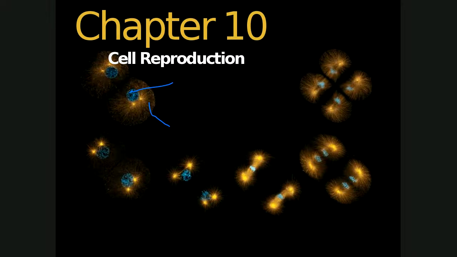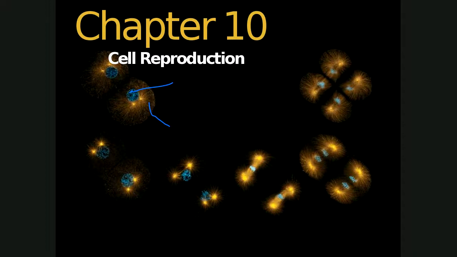Now in chapter 11, that's going to be very different. In chapter 11, we're going to talk about a cell reproduction where we actually end up creating different types of cells, genetically different types of cells. Chapter 11 is going to lead us to understand how gametes are made, sperm and egg, and how we get all that variability. I always tell my Bio 2 students when we look at mitosis and meiosis in the different life cycles of the organisms we examine, to think about meiosis as generating cells that are variable, right? And think about mitosis, which we'll talk about today, as generating lots of cells. So one is more quantity and one is more variability. So we're going to deal with the quantity one today.